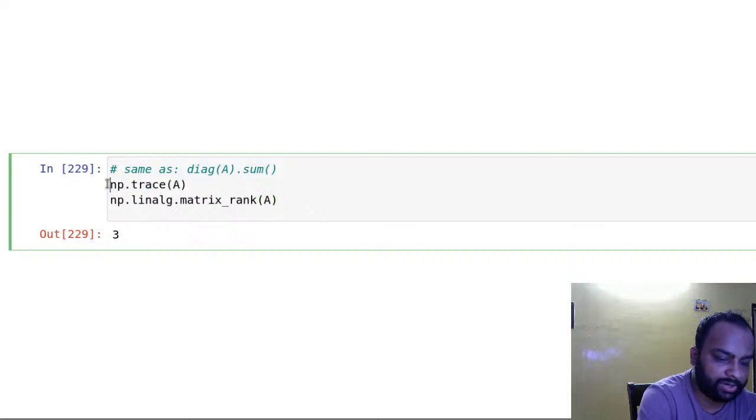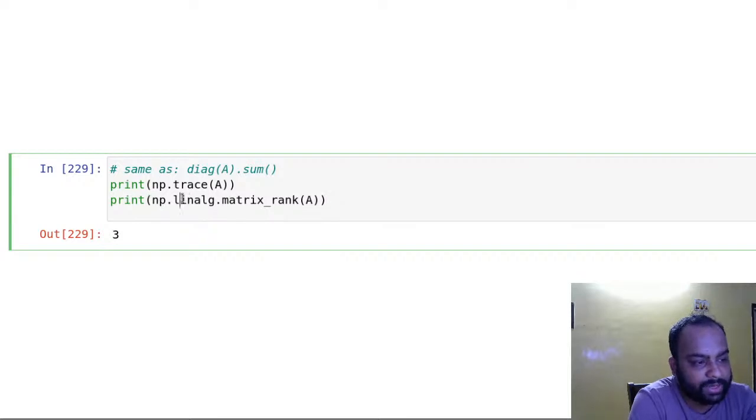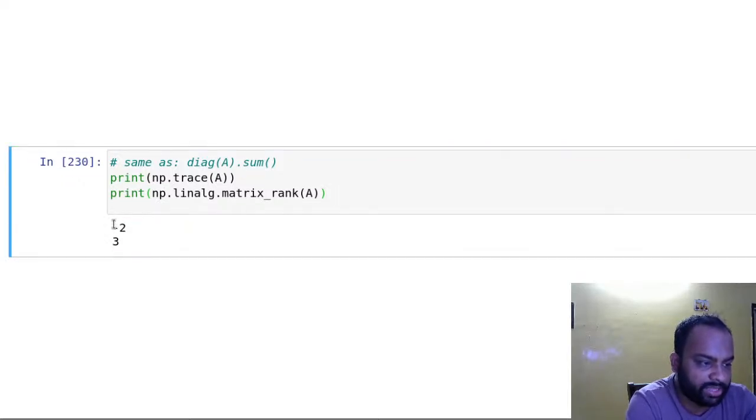So that was our trace. So I can print the trace of the matrix, rank of the matrix. So from NumPy we are calling the linear algebra module, and from the linear algebra module we are calling the matrix rank function, and we are passing the matrix for which we want to calculate the rank. So the trace was -2,